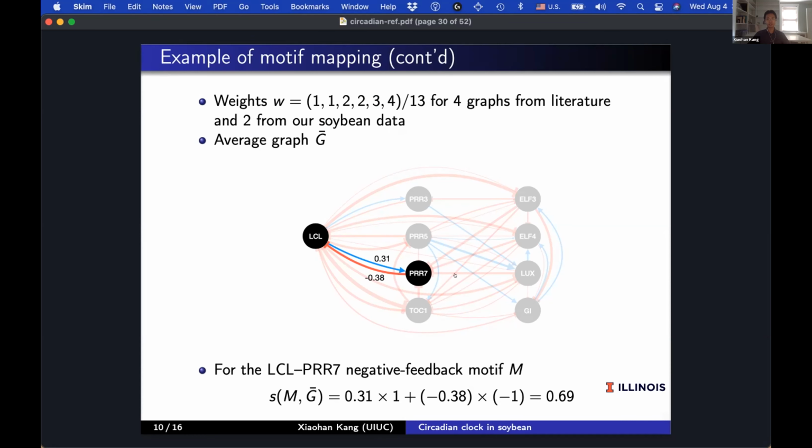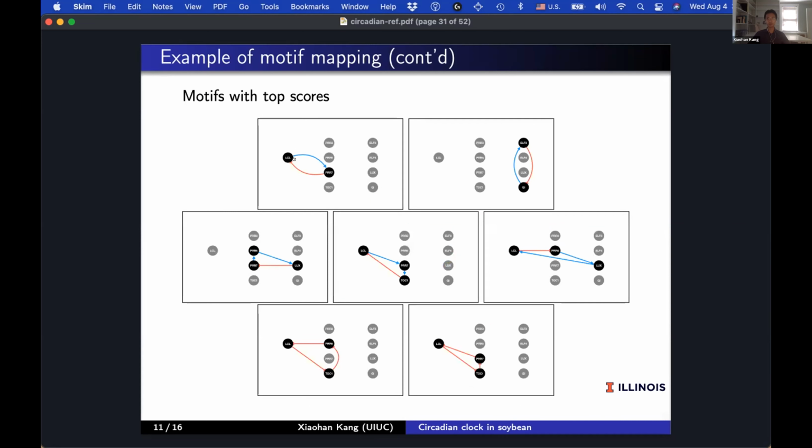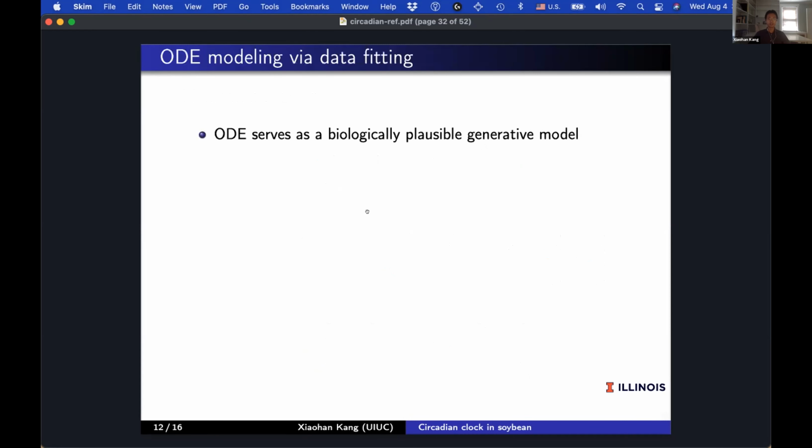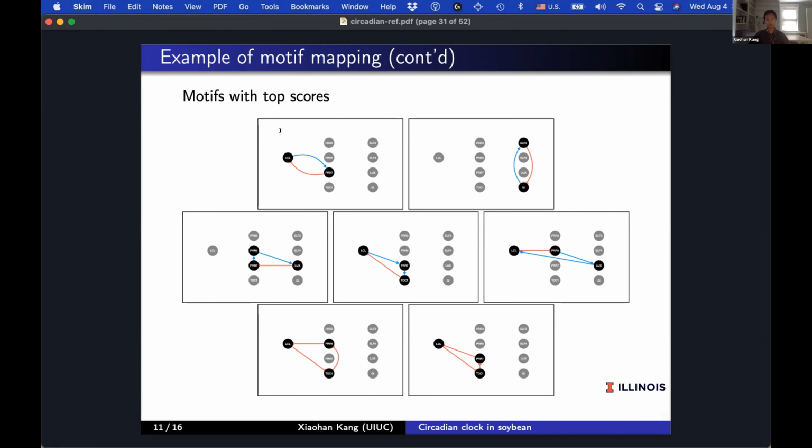Then by doing this for every pair of 2 or 3 feedback loop genes, we can pick out the top scores, the top score networks. So this is one way to incorporate the information from both the literature and our experiments, as well as our COSNET prediction, to come up with the motifs